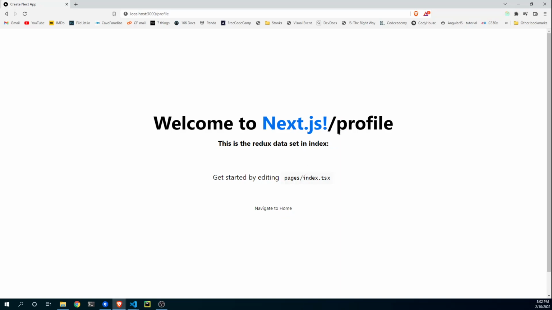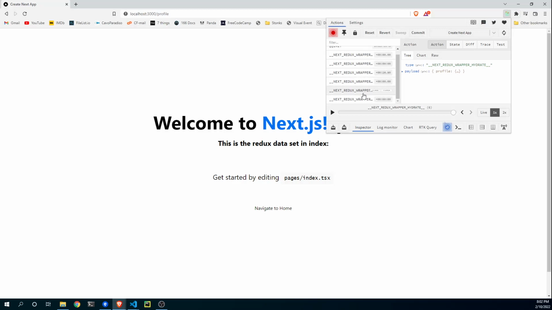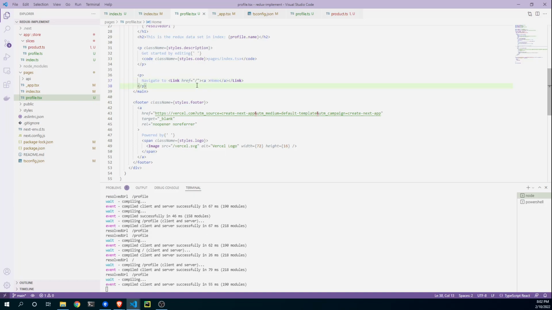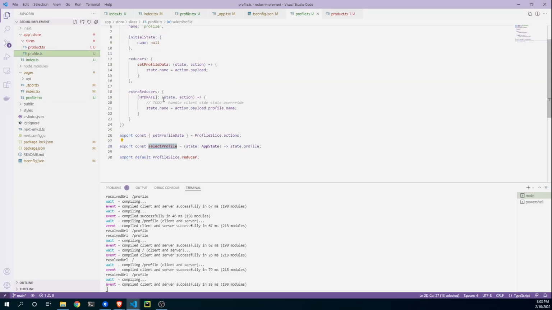But as you see, I got to the profile and nothing is happening because the profile is null. It's overridden. And why this happens is because in the profile,